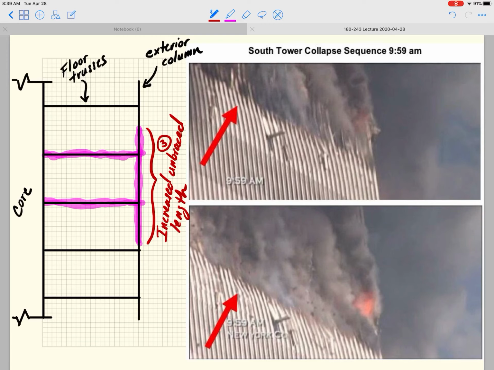So what we did here is basically increase the unbraced length from in between the floors. The floors are there, they're bracing these columns, right? But as I remove those floor systems, instead of spanning, let's say, 18 feet in between floors, now all of a sudden my column is spanning, say, 36 feet, or in some cases maybe even longer, right, than that. So that was a major reduction in